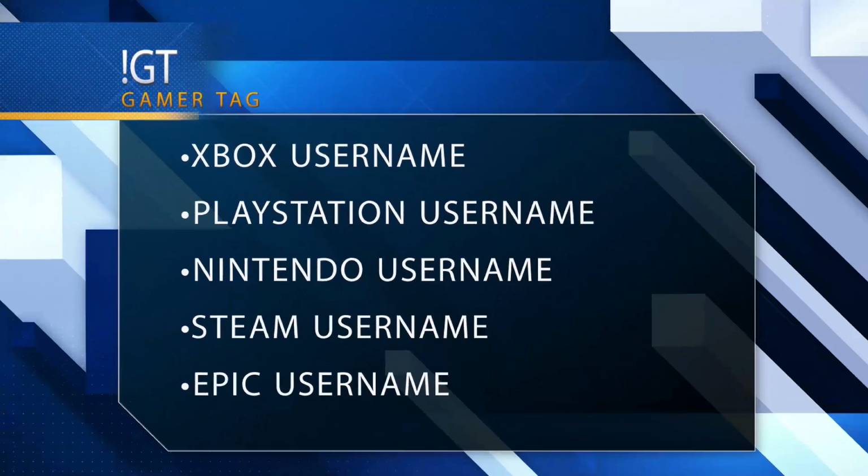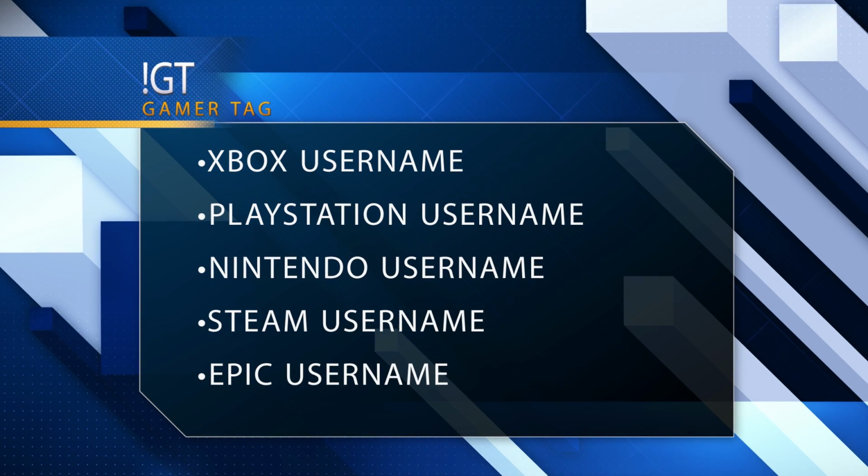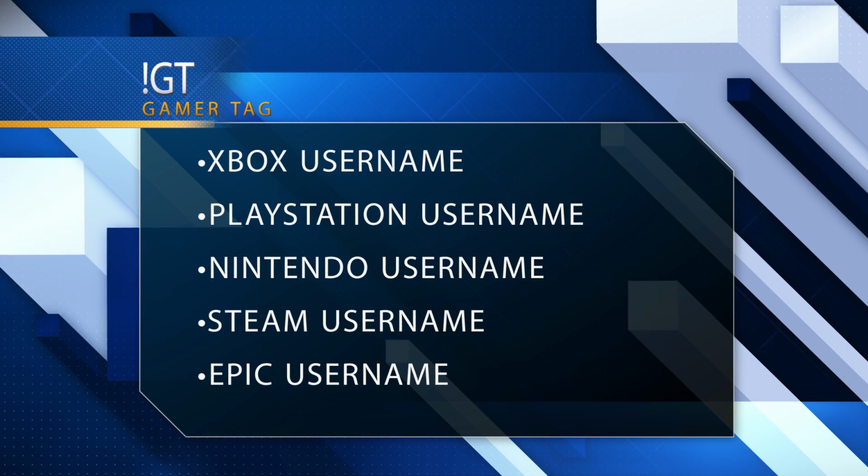And for an extra bonus out there, I recommend having this as a command in your bot, like an !GT for gamer tag. And when people hit this command, it'll display your Xbox, your PlayStation, your Steam, your Epic names, everything that people need to play games with you in an instant. So always think about adding it in your commands as well.